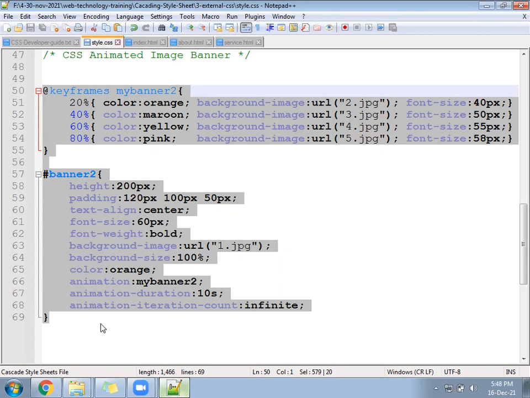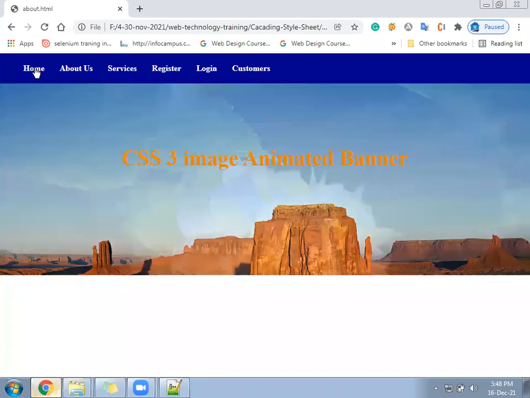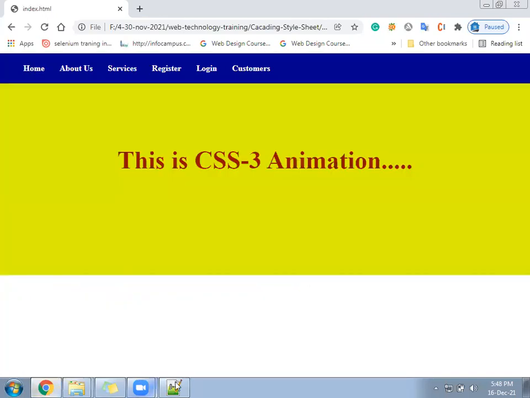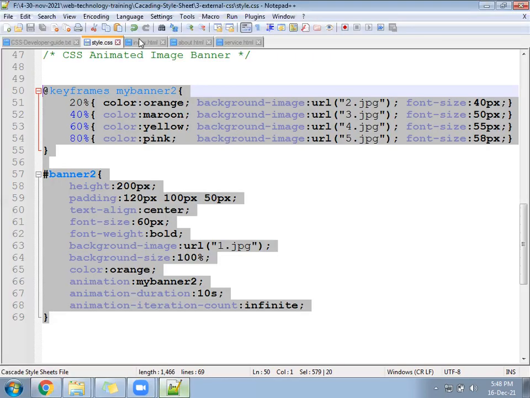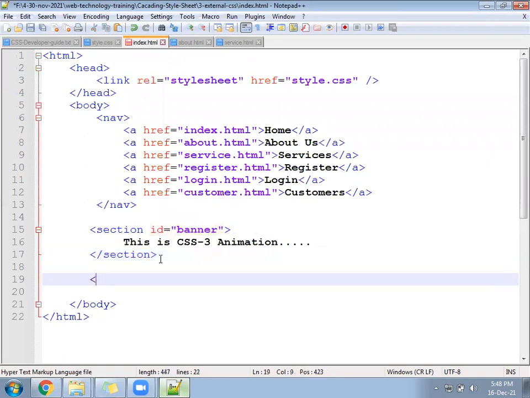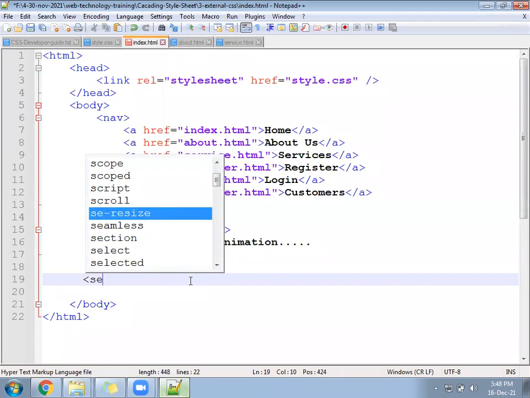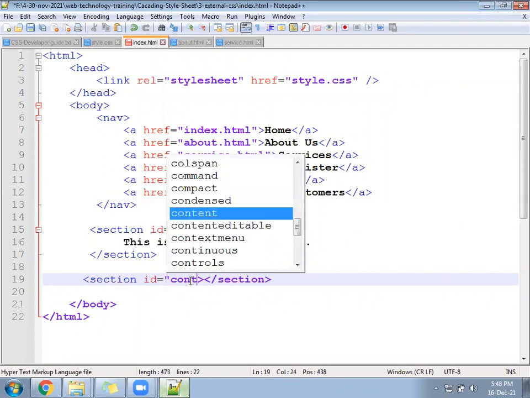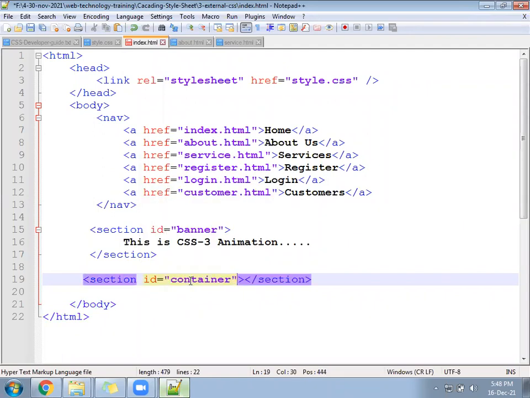Next, we'll come back to the home file, that is your index file. In the index file, after this banner section, write a next division or section. Inside the section also we can follow. You can write here ID as container.